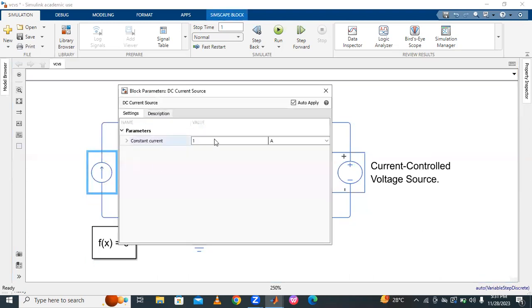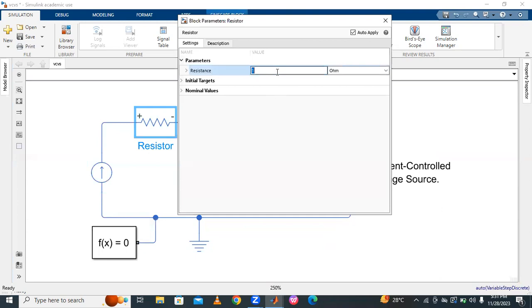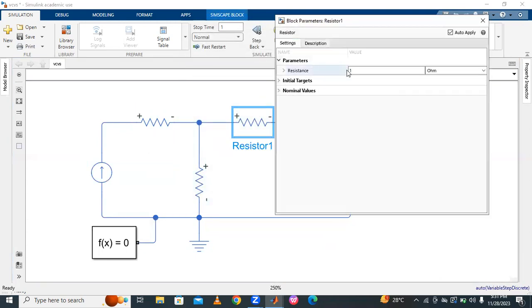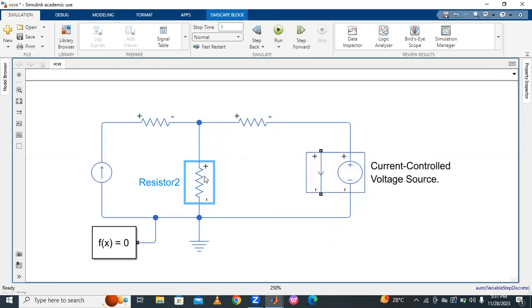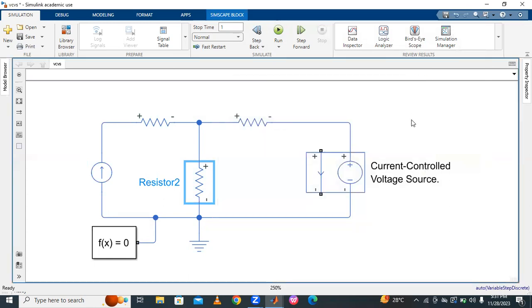Open the DC current source. For example, 10 amps of current supplied by this DC current source. And this resistance, change to 10, resistance like this. And this is a resistance also, change to 10, same 10. Okay, here also the same 10 ohm resistance. And current, for example,